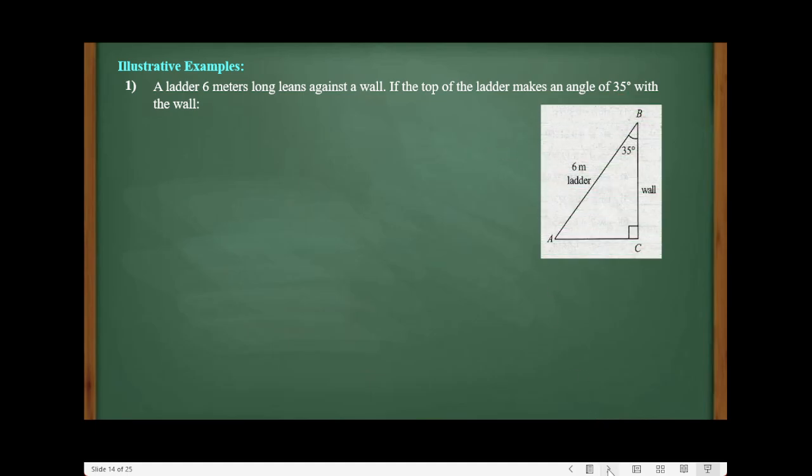Okay, for our next set of illustrative examples, let us take this one. A ladder 6 meters long leans against a wall. If the top of the ladder makes an angle of 35 degrees with the wall, such as this one, how far is the foot of the ladder from the wall? So we are looking for the distance. If this is the ladder,